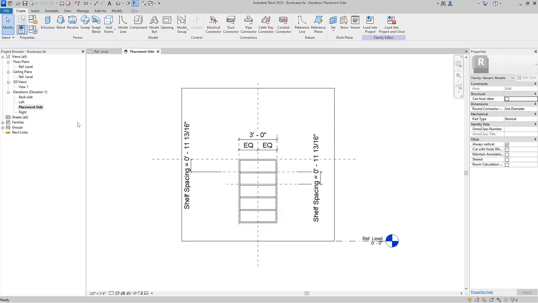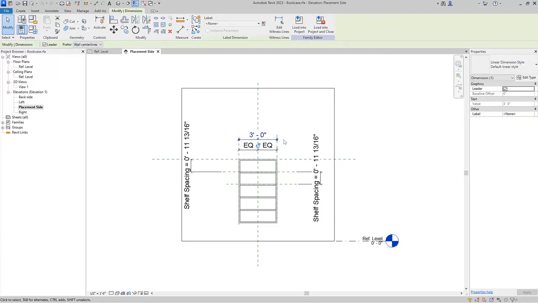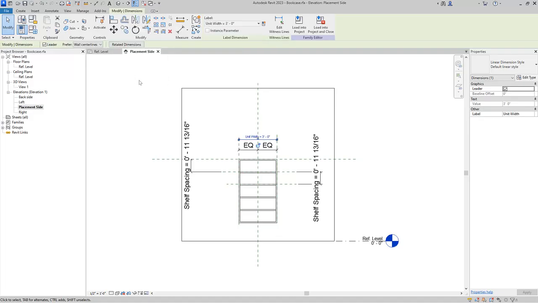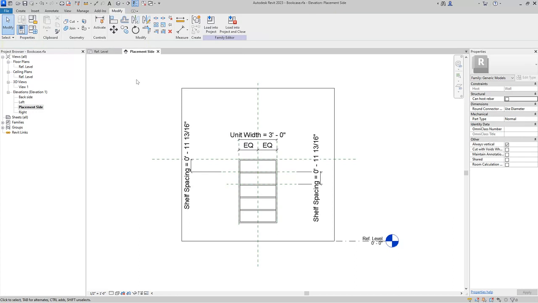In this particular elevation view, you can see that we already have a parameter assigned to control the shelf spacing. However, the shelf width is currently unassigned. Let's go ahead and select the dimension that's reporting 3 feet, and on the context ribbon in the Label drop-down menu, we'll assign Unit Width. We can now clearly see that unit width has been assigned, and that will now drive the width of our